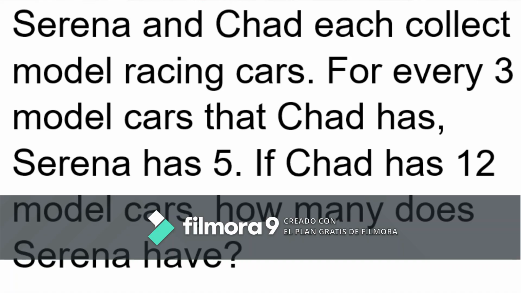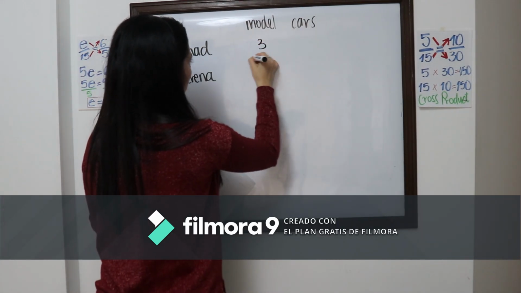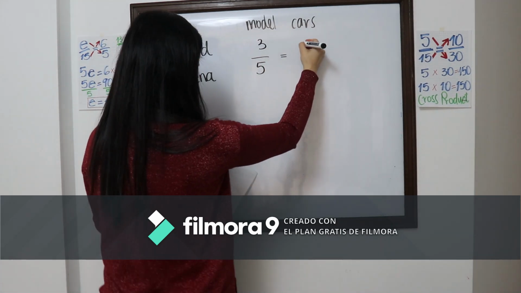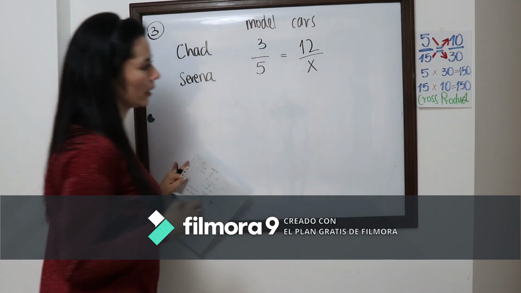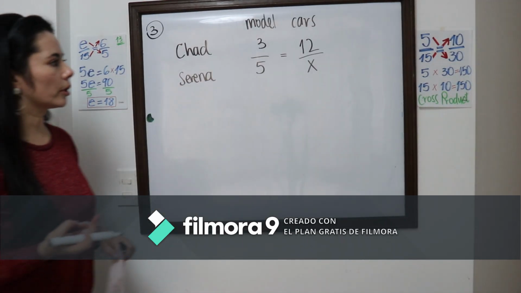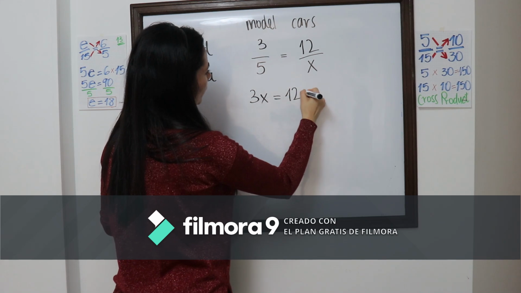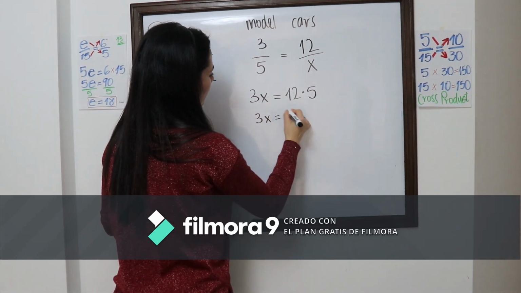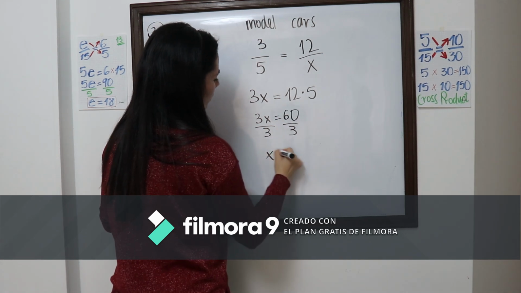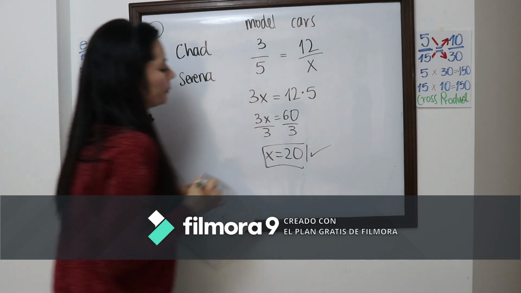Now number 3, again, is also pretty simple. Zarina and Chad each collect model racing cars. For every 3 model cars Chad has, Zarina has 5. If Chad has 12 model cars, how many does Zarina have? When Chad has 3 model cars, Zarina has 5. And when he has 12, then we need to determine how many cars Zarina has. So it's going to be 3x equals 12 times 5, and that is going to be 3x equals 60, and we know we divide that into 3, so our answer is going to be 20 model cars